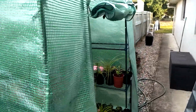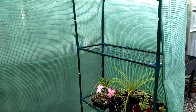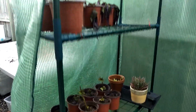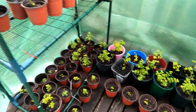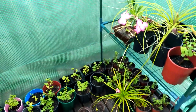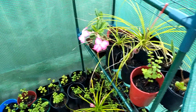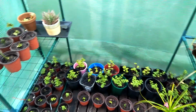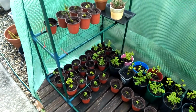So I just put it on Marketplace, and I've had a few inquiries actually, but they're definitely for the ones with the pots. I think the pots really got a few people interested. The ceramic pots, what did I pay for them? I think they were on special at Bunnings for like $3. So I've got a whole bunch of them, and I've made a tidy little profit. Where am I at here? So